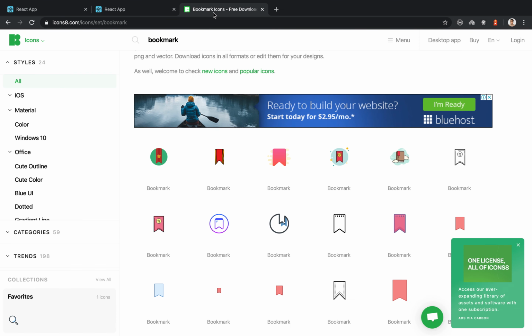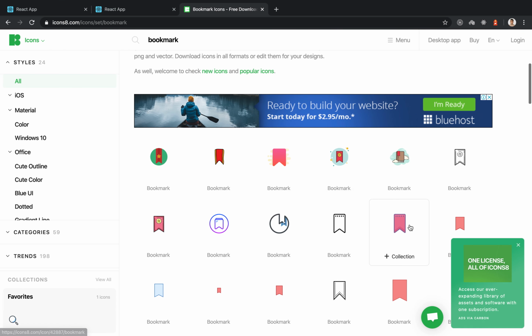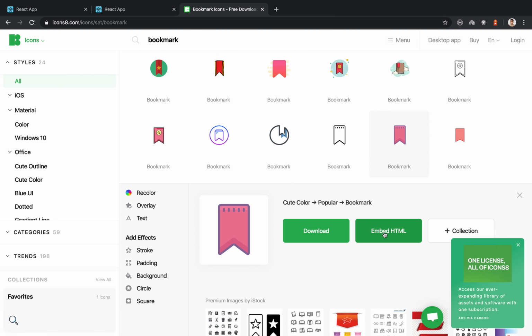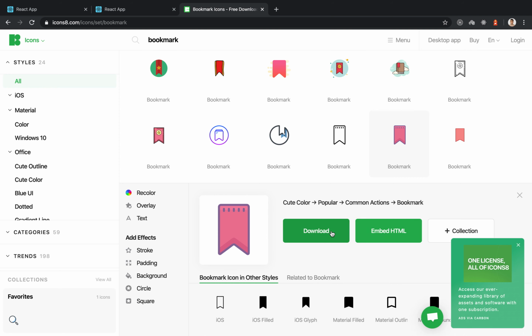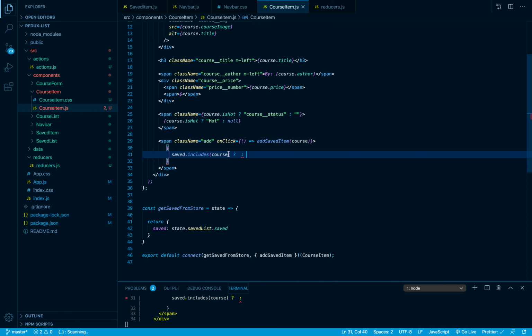So I'm just gonna grab this icon. You can click on it. If the item exists, then we want to show this icon, the colorful one. I'm gonna click on it, and instead of downloading it, in our case we can just say embed HTML, which will give us this HTML tag. You can just click on it and it will copy it for you. By the way, you can change the size if you wish. Going back here,